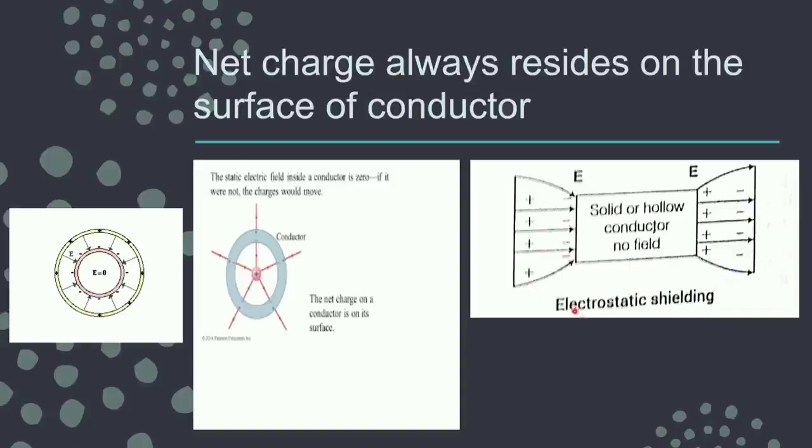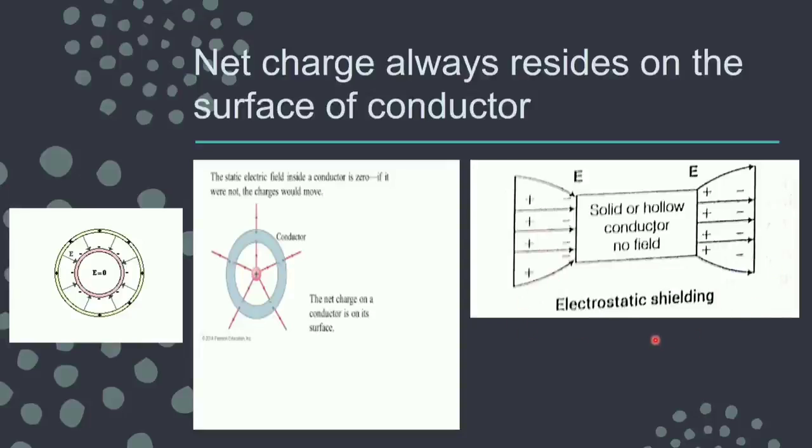This phenomenon of protecting the body inside the conductor body is known as electrostatic shielding, and it has found many applications in daily life. Like when there is a thunderstorm, you are advised to be inside the car in place of being under the tree, because a car is a metallic body and it is going to protect you from the lightning which is there by the nature. So you can protect yourself from the electric field by putting yourself inside a metallic conductor, if of course it is hollow, then you are able to protect yourself.